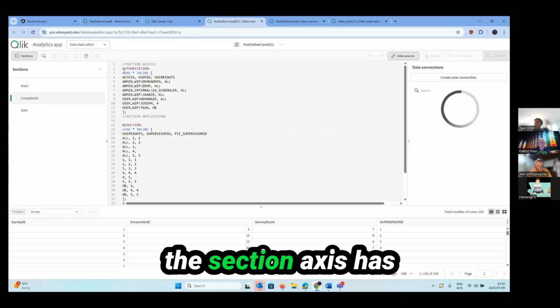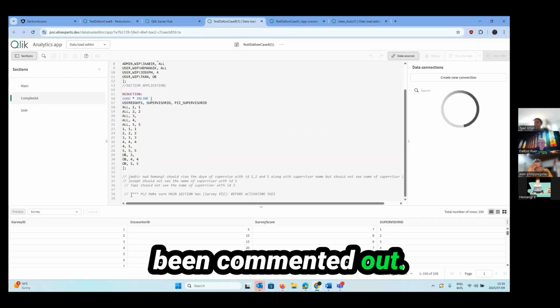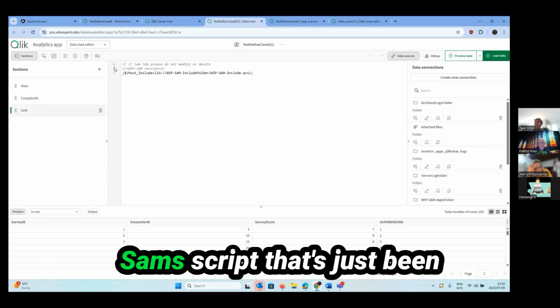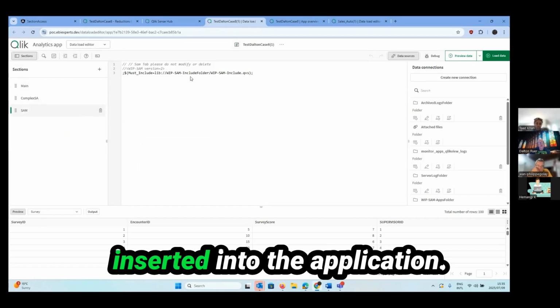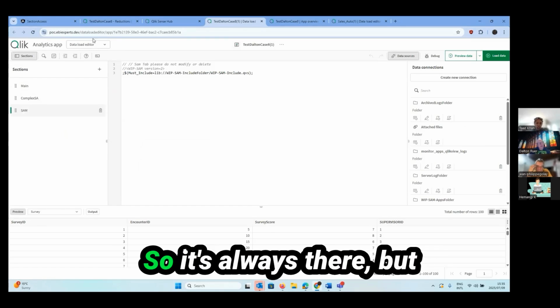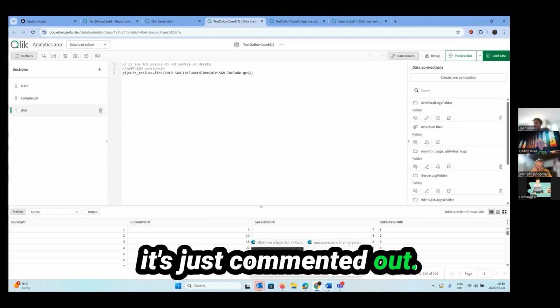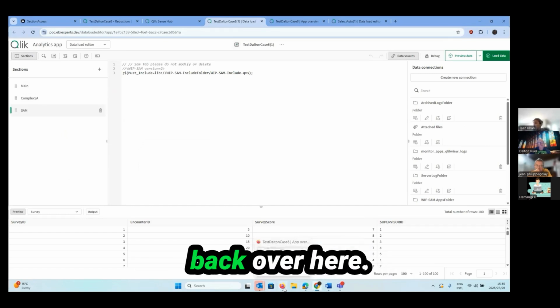And you can see here the section access has been commented out. And then you have your SAM script that's just been inserted into the application. So it's always there, but it's just commented out. Okay. And then if we go back over here,